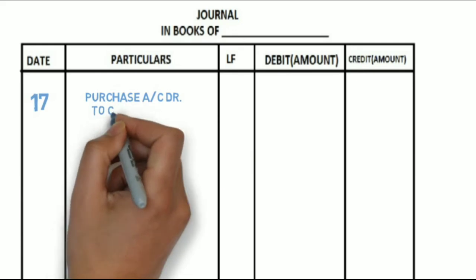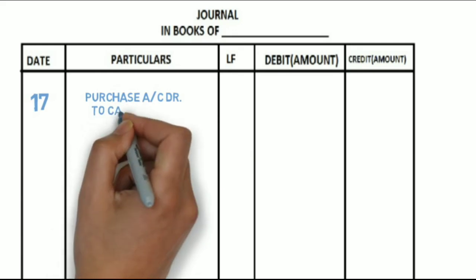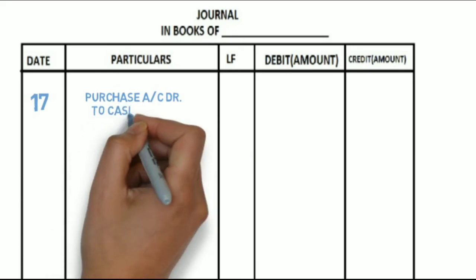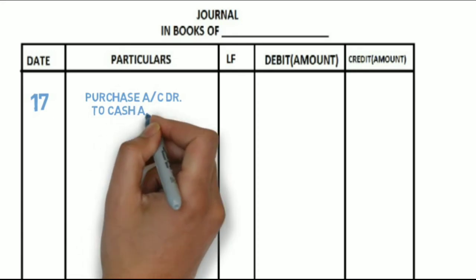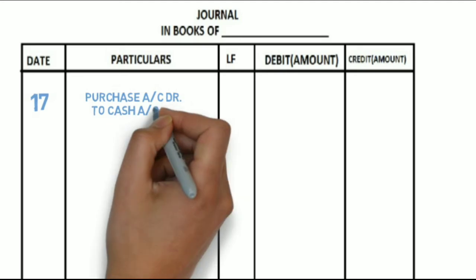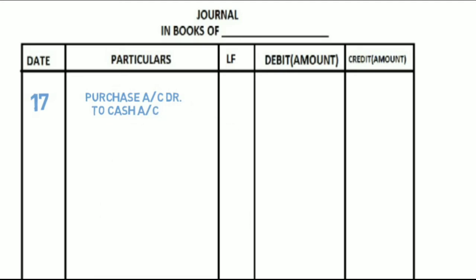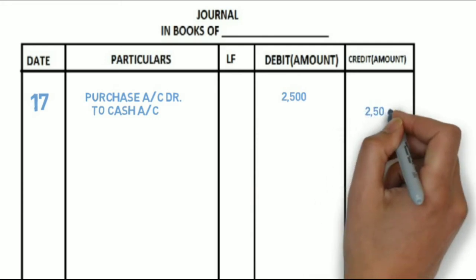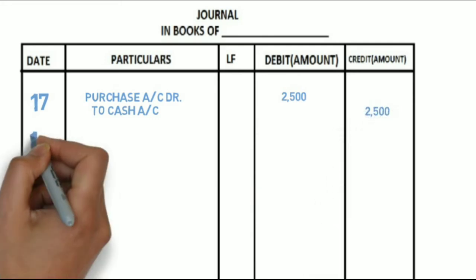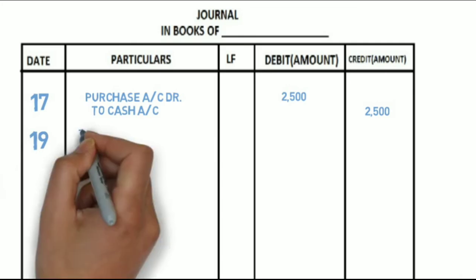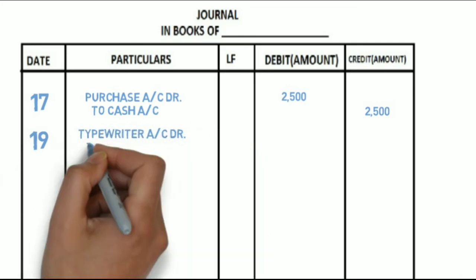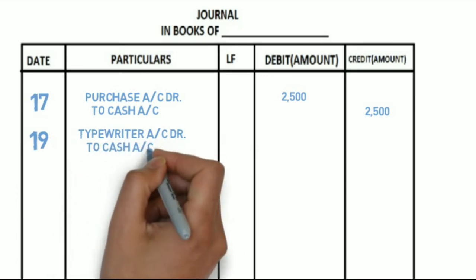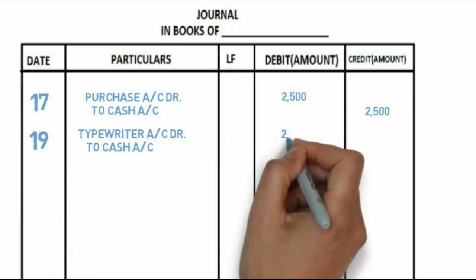So Sangi and Co was not a debtor or creditor for us, and we were not dealing in any asset, it was regular goods. So purchase account debit to cash account 2500. And on 19th bought typewriter for office use 2750. So typewriter is an asset which has been increased, and cash, an asset, has been decreased, so typewriter account debit to cash account